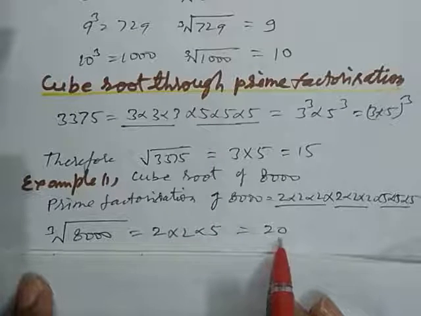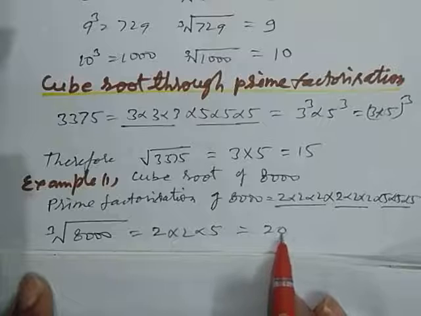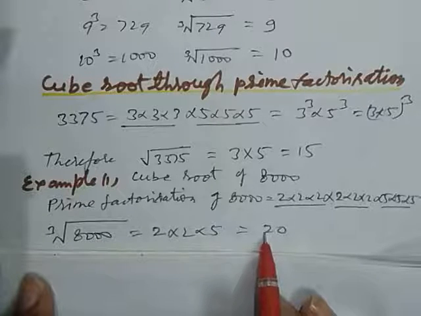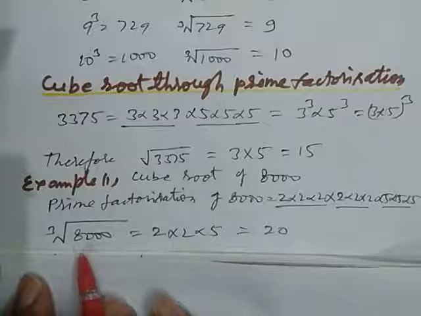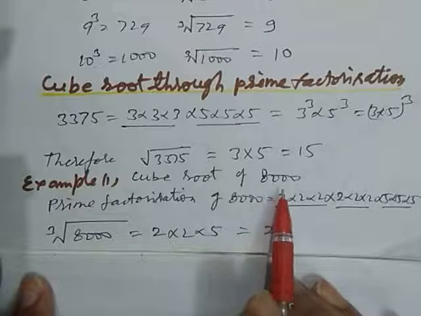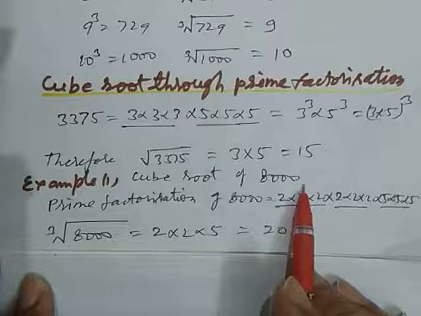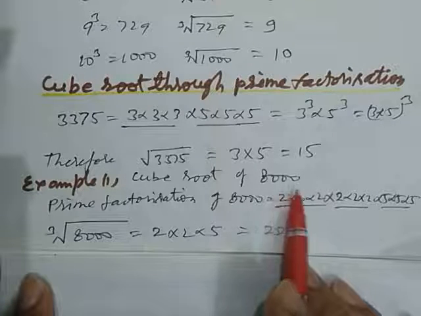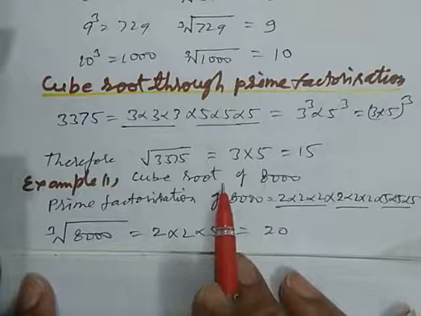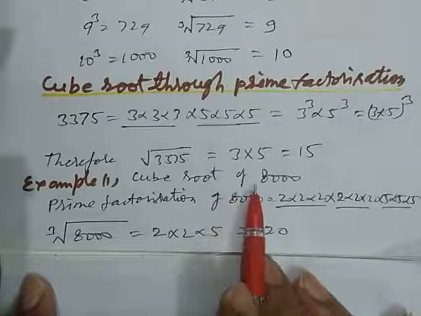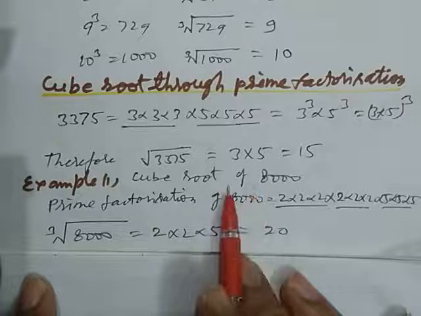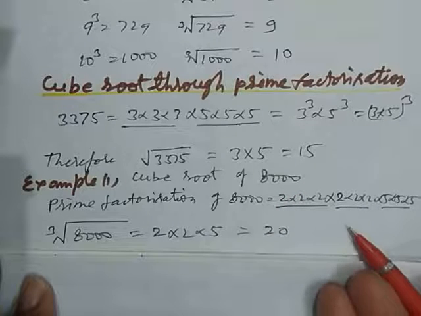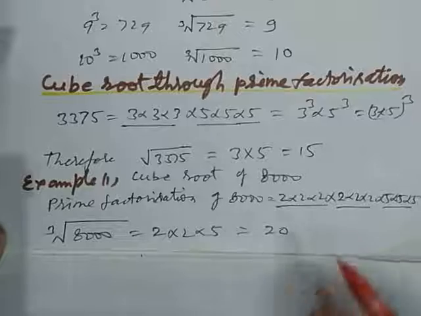And directly we can check: here there is 1 zero, so we place 3 zeros. The cube of 2 is 8. So for any number having a triplet of 0s, for its cube root we make the triplet of 0s into a single 0, find the cube root of the rest of the number, and put 1 zero again. Then we can get the cube root directly.